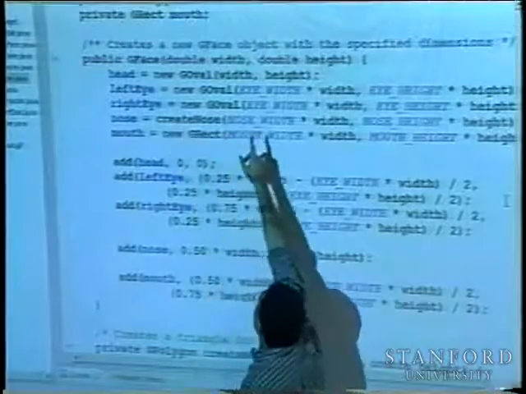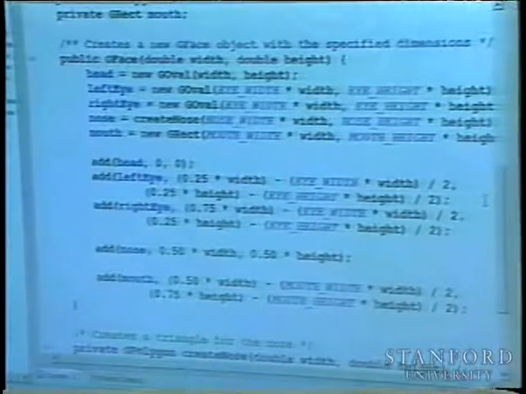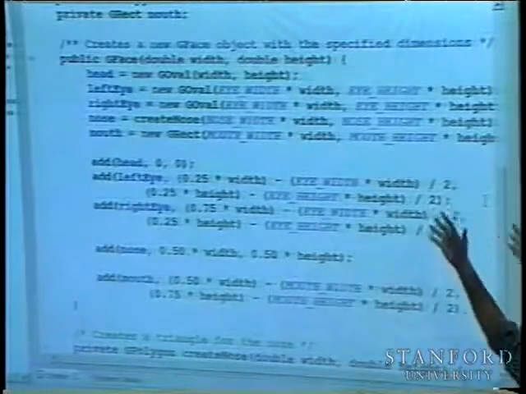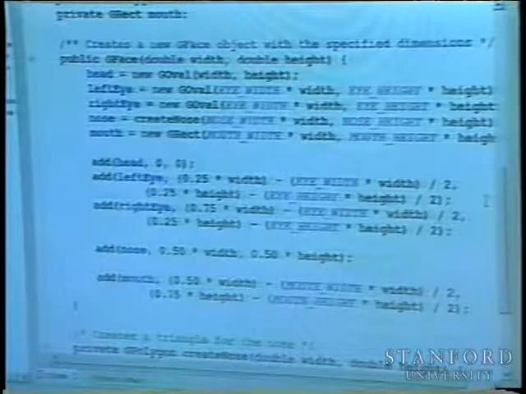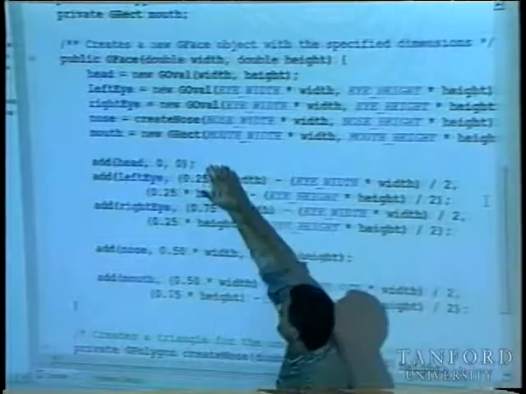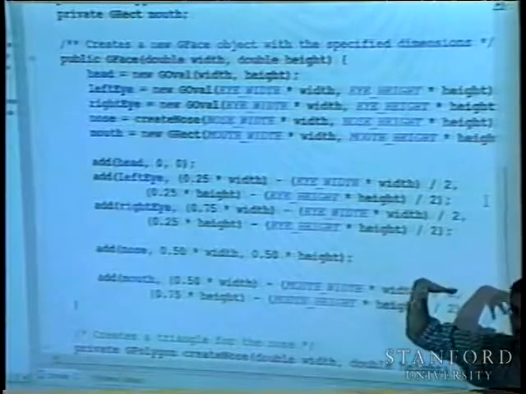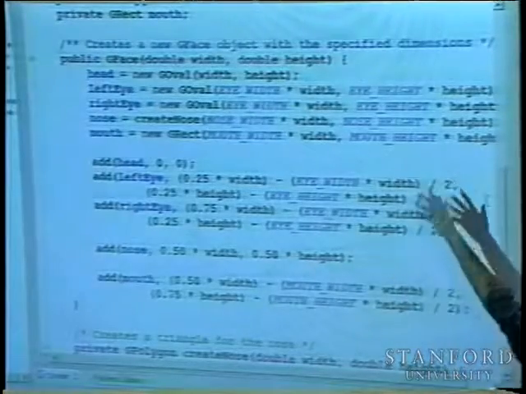It's GFace, and what it's going to take in is a width and a height, because I want to allow the face to automatically be resizable, which means all the stuff that I create that's part of the face needs to be in terms of the width and height that are passed in, so it will resize itself depending on whatever width and height the user gives me. So first thing I do is I say, hey, the head's going to be an oval, and the oval is basically just a circle that's of size width comma height, right? It's going to be the size of the whole head,